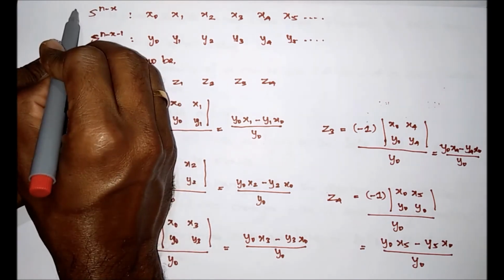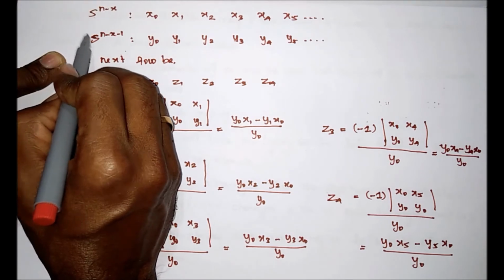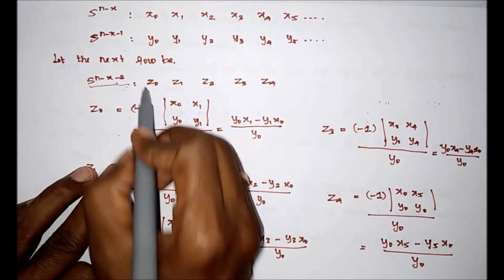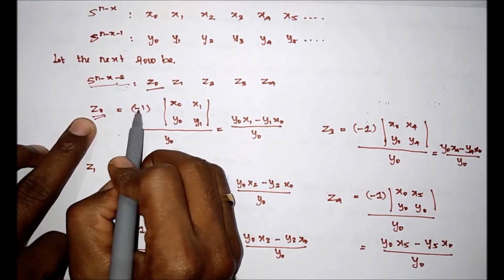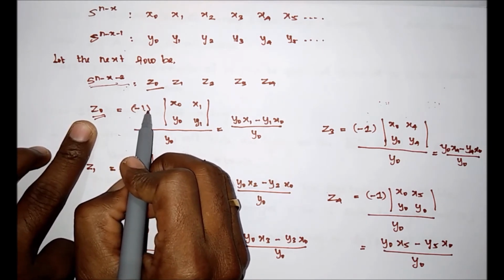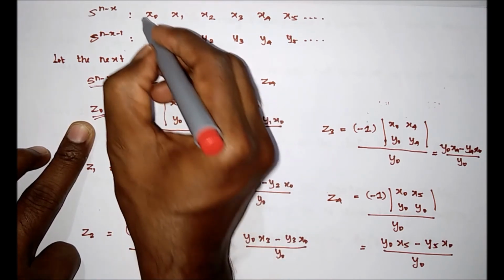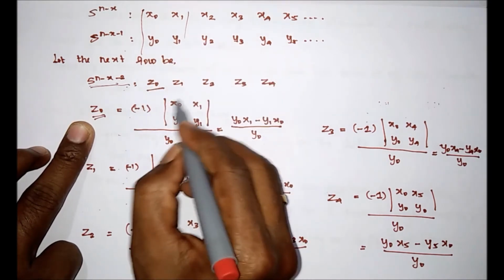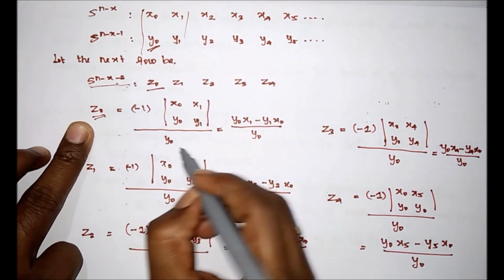It means if it is s power 6, this is s power 5, we will write from the characteristic equation. After that, for calculating s power 4, we have to use this formula. To calculate this z0, we have to take z0, so in front of this minus 1 into, next, we have to take this equation. So we have to take these 4 terms and write them in the matrix, then divide by this value y0.